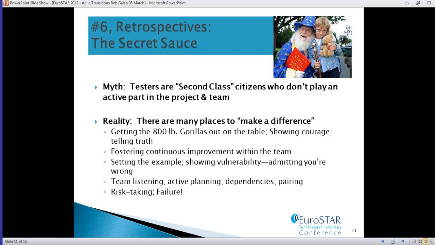And they sort of pale into the background again, even more in sprint planning. They're not necessarily a first-class citizen of the team. Now, it's not just the tester's fault with that. It's that the Scrum Master should be fostering that. The product owner should be asking questions of them, engaging them. So the coaches should be engaging them. But the testers have this second-class mindset, and that's the myth.